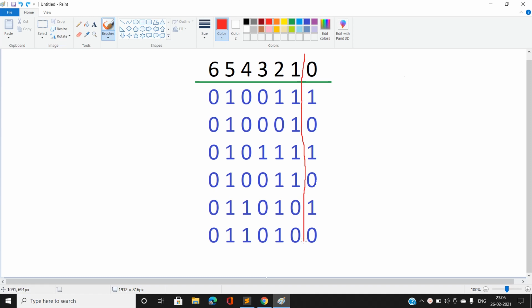For simplicity, let me consider the first bit position.